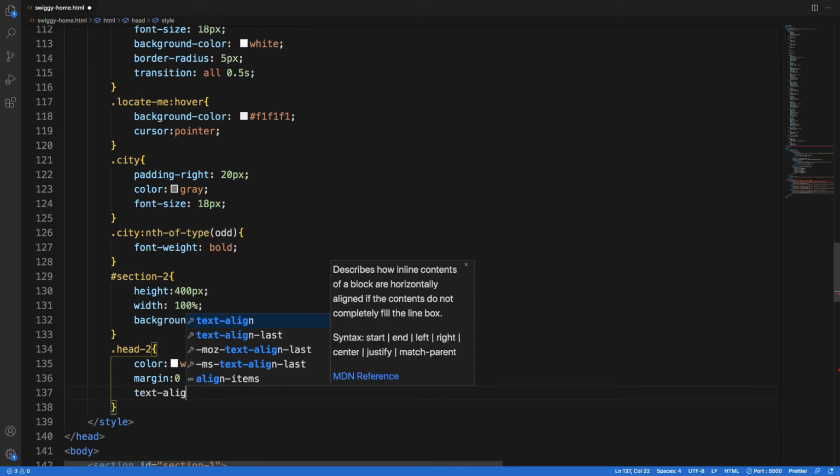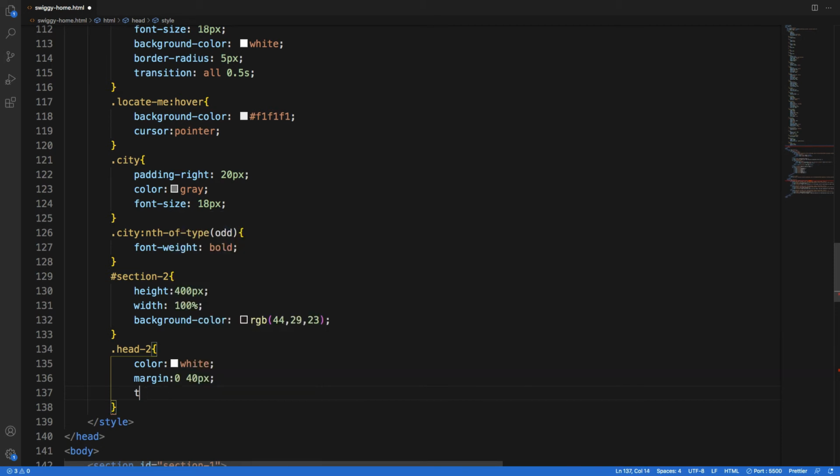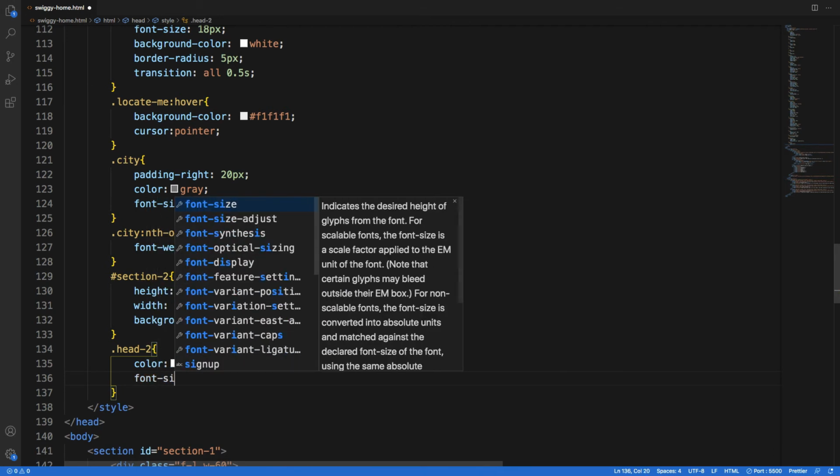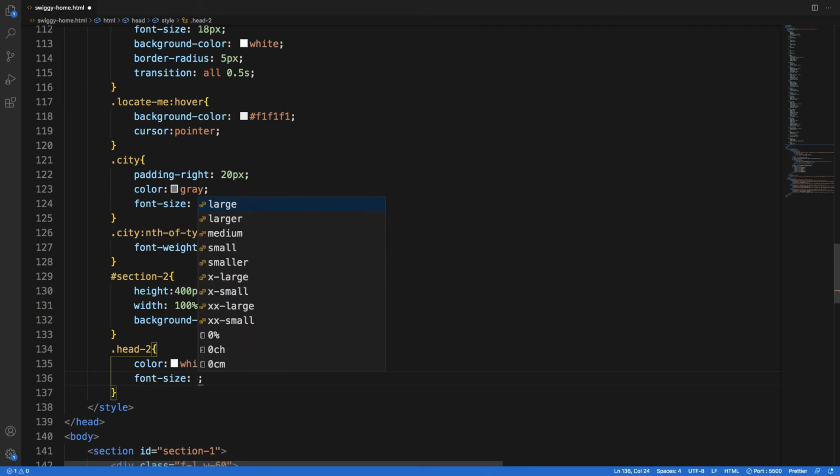Okay, let's remove this. For head 2, let's increase the font size to 28 pixel